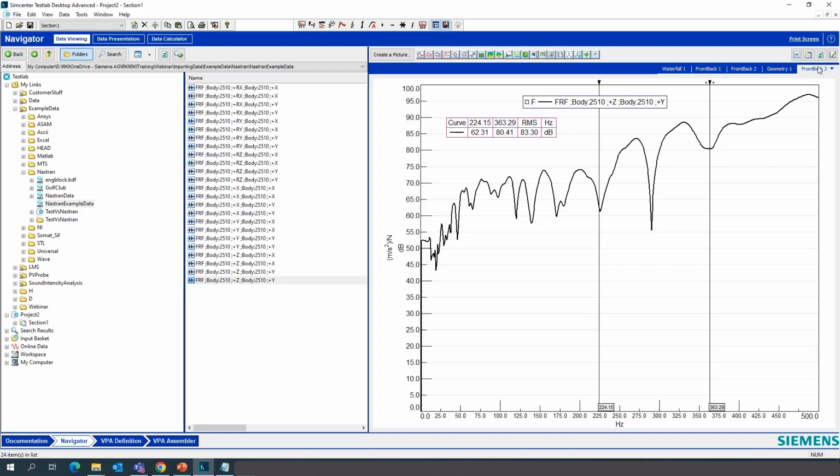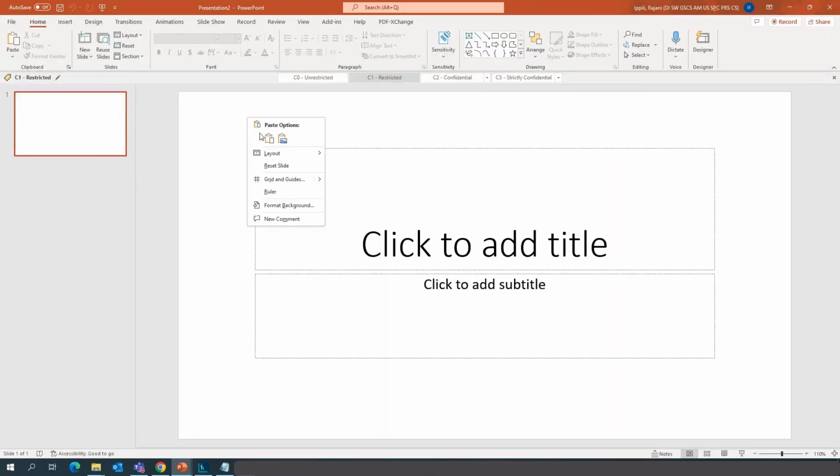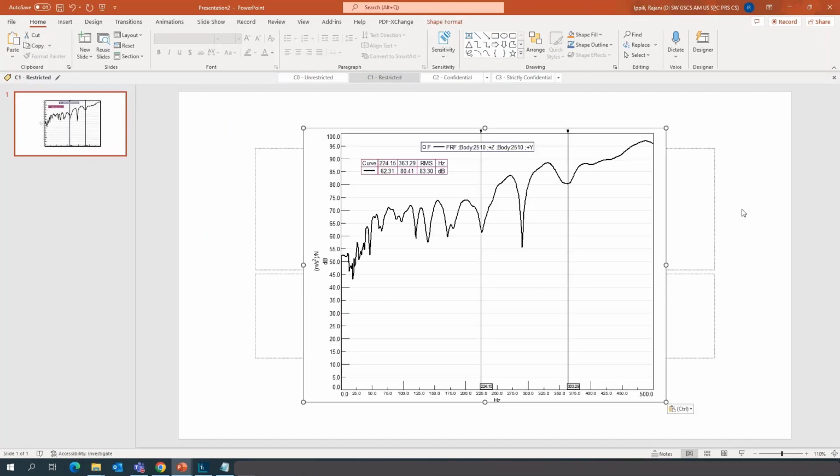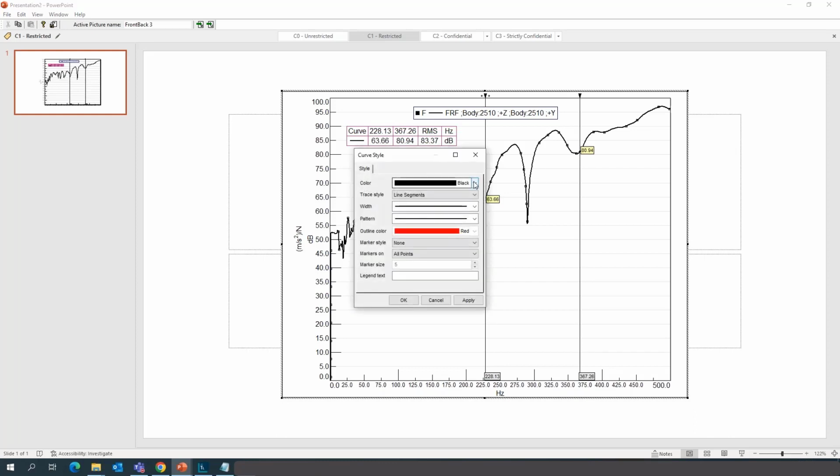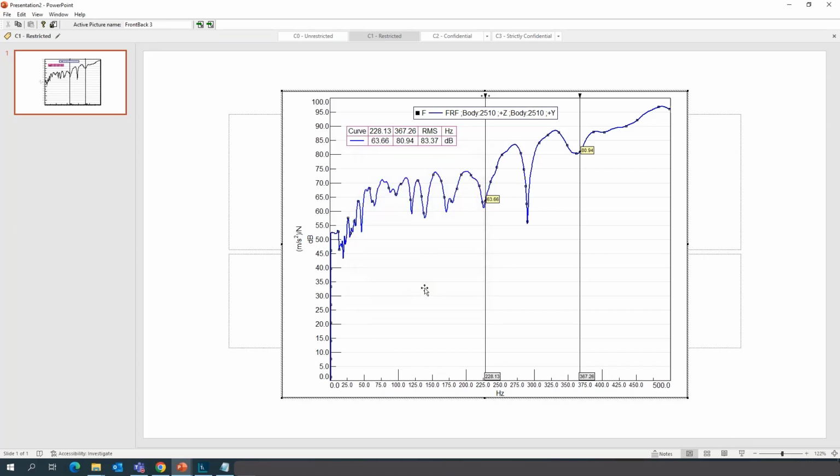In fact, one of the other advantages is that we can create what is called an active picture. If we copy the data as an active picture and paste it into, let's say, a PowerPoint file, I can interactively access the picture as if I am in TestLab. So I'm now inside PowerPoint, outside of TestLab, so I'm not using a TestLab license. If somebody says, hey, I want this color in blue, I don't like black, I can change that live in the meeting, for example. That is a unique capability, and this is one of the reasons why many people want to use the SimCenter Test Lab software.